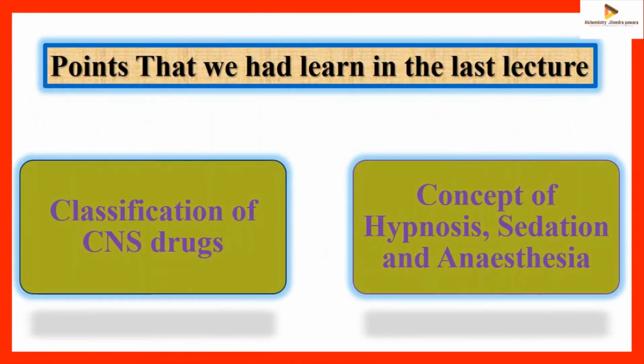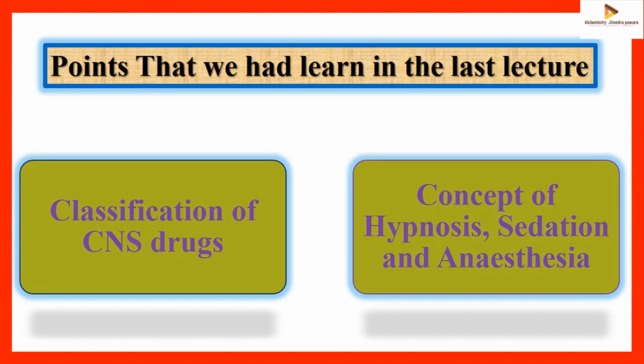In the last lecture we started with pharmacodynamic agents. These are the points that we covered. Pharmacodynamic agents are the drugs which are used to correct the disorder in the physiological functions and restore them to normal condition. Those drugs are called pharmacodynamic agents. Then we learned the classification of drugs,